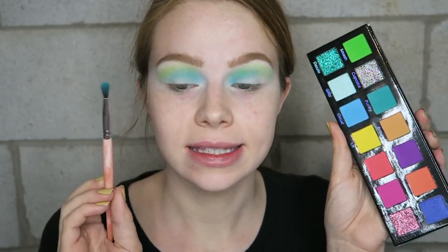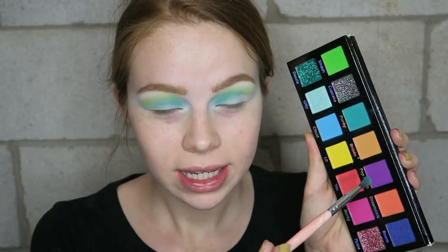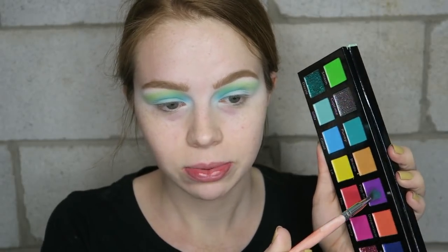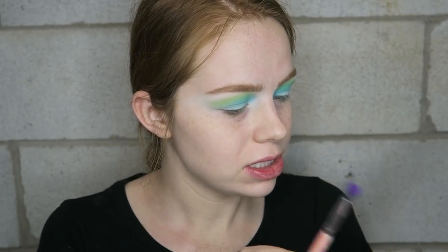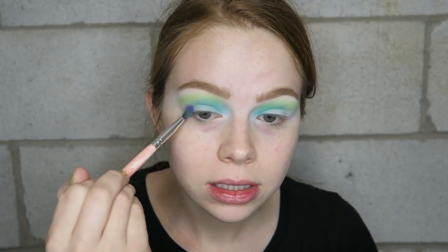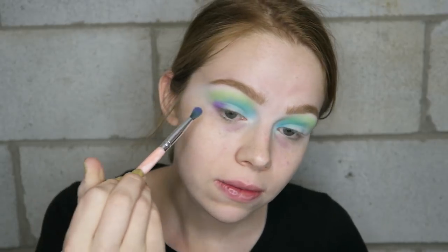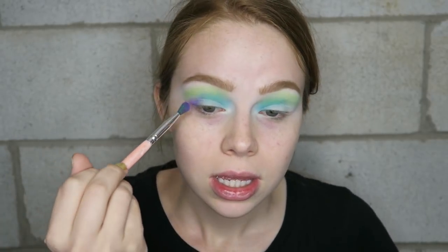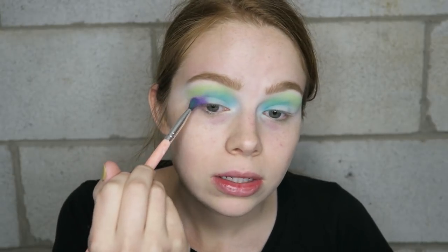Okay, so I think I'm just going to take that same tiny brush, just since we're working in smaller areas right now, and I'm going to take this shade right here, which is that really pretty vibrant purple. This is the shade Pop Rocks. That one had a little bit of kickback, but not too bad. I'm just going to throw this onto the outer V. This is a little bit more of a risk because certain shades are just kind of hard to blend together, and I feel like purple and green just...